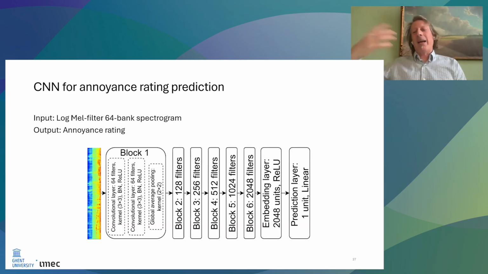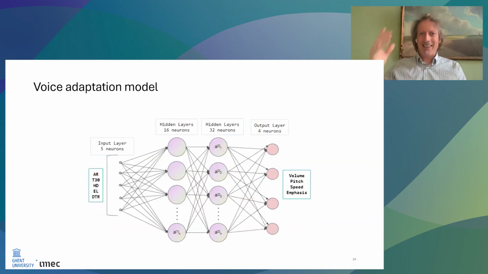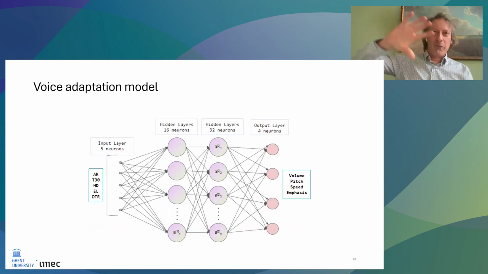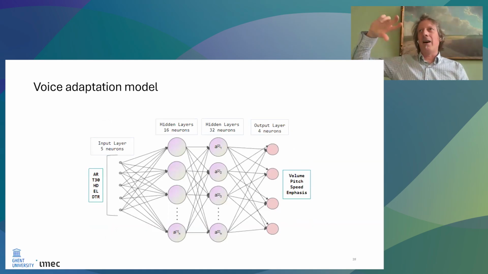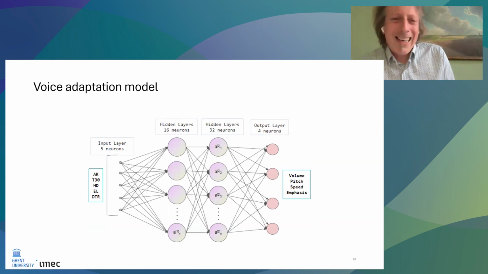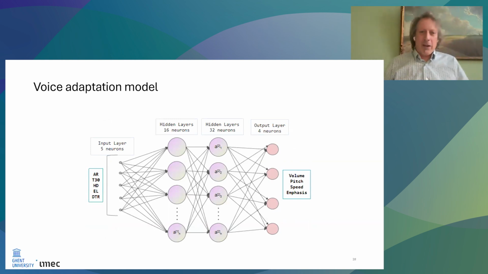And to generate the new voice of the robot, we used a simple neural network. Those exist as well. They still exist, where we're just putting in numbers on how echoey a room is, how annoying the sound is, what the speech level is, or whether the interactant has hearing difficulties, etc. And it changes the voice of the robot. So let's hear a demonstration.